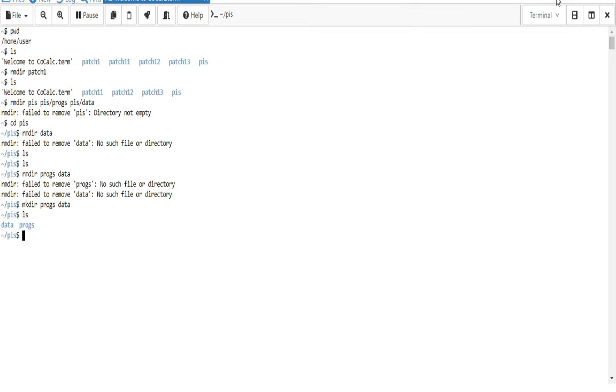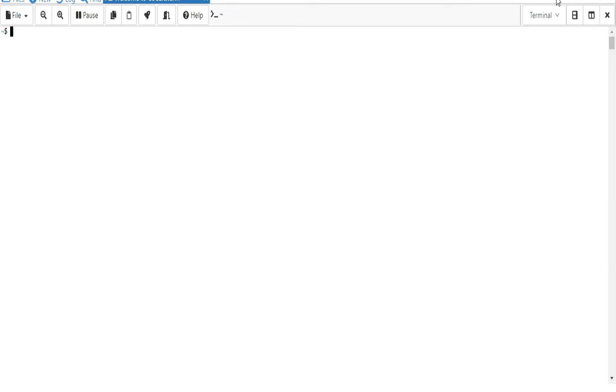Now I want to remove this. I use rmdir to remove the directory. See here now. Instead of this, at a time you are able to delete the complete directory structure. rmdir, first what you have to delete, PIS slash progs, and then you delete the PIS.